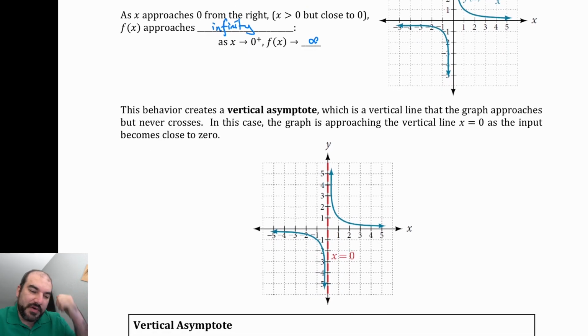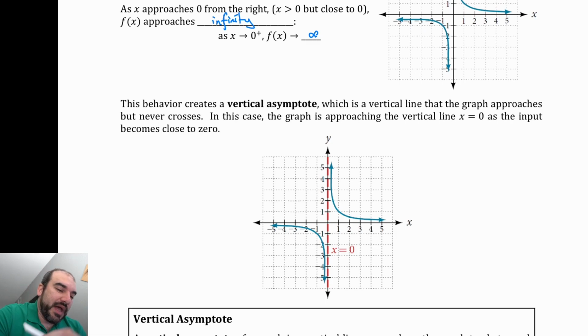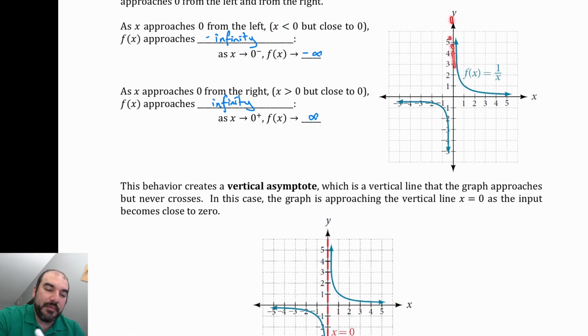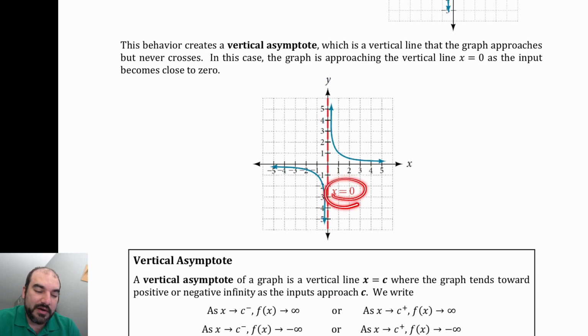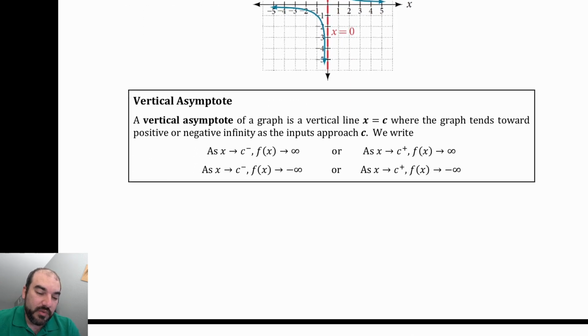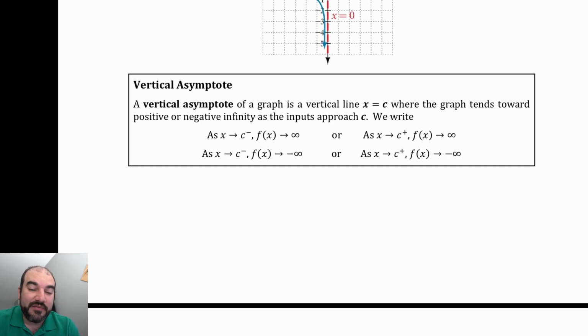This behavior creates a vertical asymptote. So as we have a specific line that the graph is never going to cross, and so it approaches that and it goes up and down to positive and negative infinity, we call that a vertical asymptote, which is a vertical line that the graph approaches but never crosses. So the characteristics of a vertical asymptote is